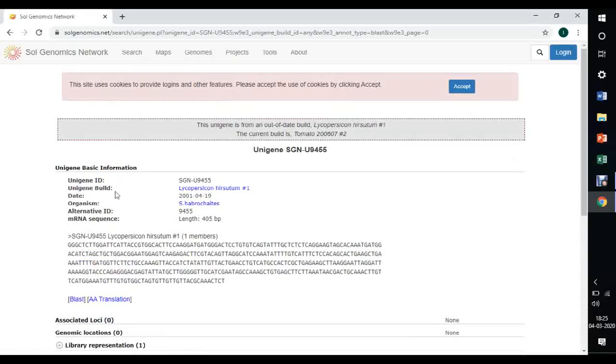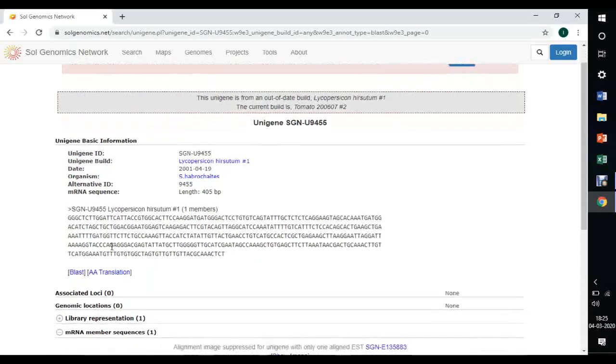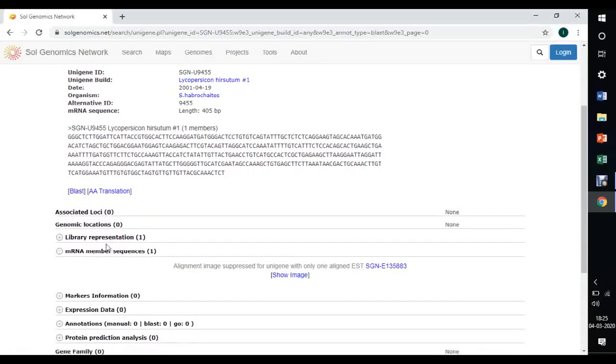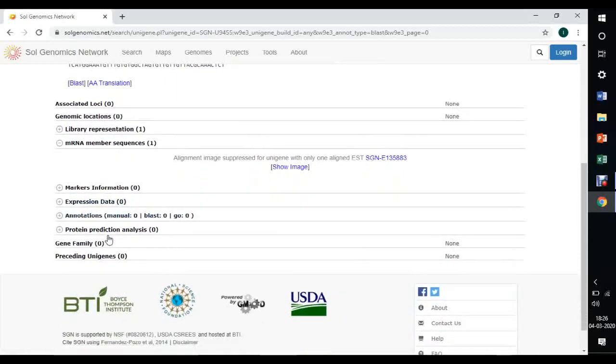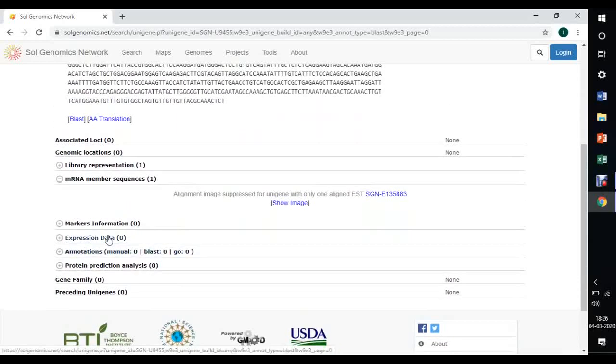See the details of that unigene like date uploaded, alternative ID, mRNA sequence, associated loci, genomic locations, library representation, mRNA member sequences, markers information, expression data, annotations, protein protection analysis, gene family.